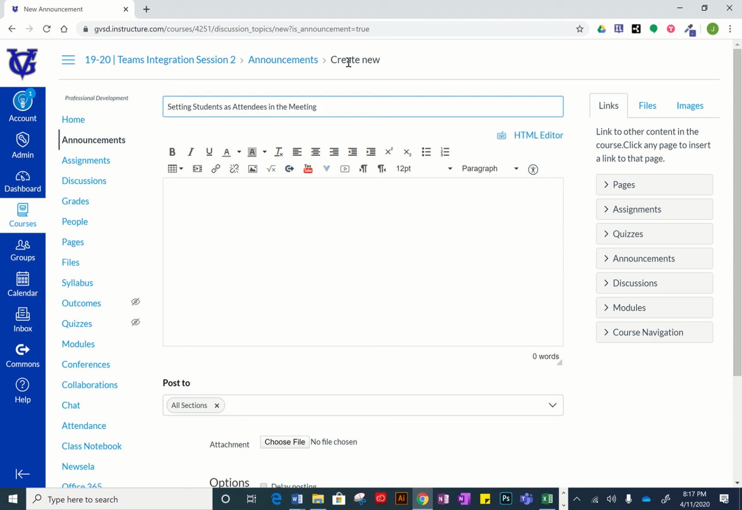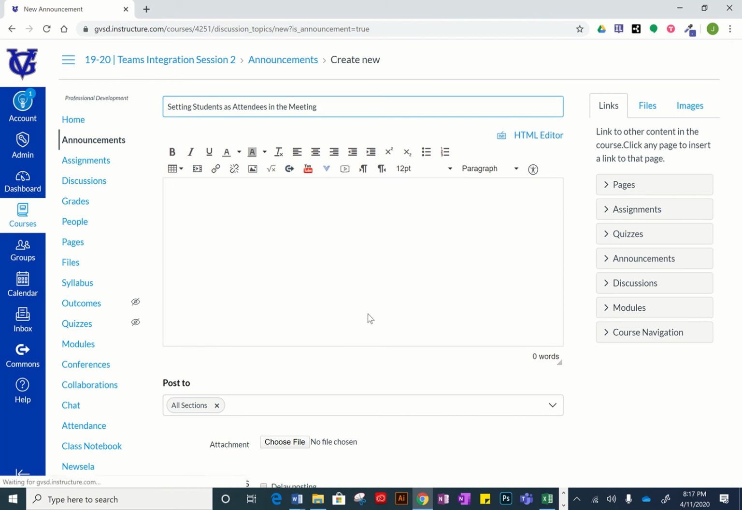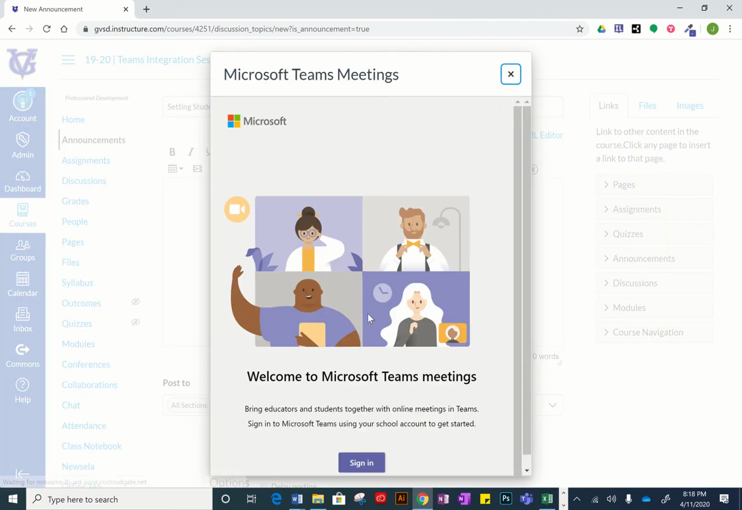We're excited to announce that Microsoft has recently updated their Canvas Teams integration to make it so that you can make students attendees before the meeting starts. To do this, you would click on the More External Tools and select Microsoft Team Meetings as you would normally do. If you were prompted to sign in,